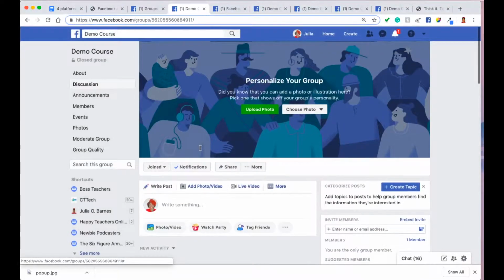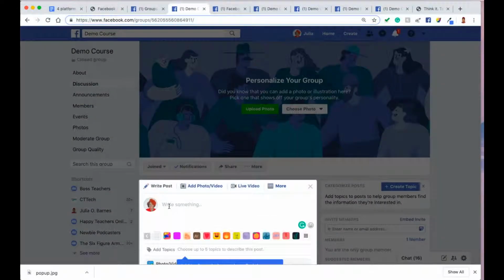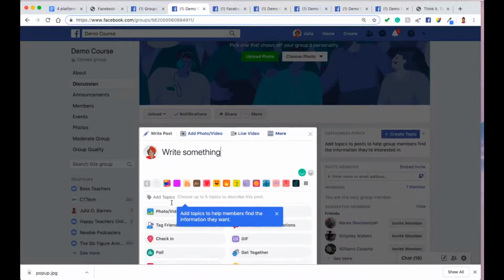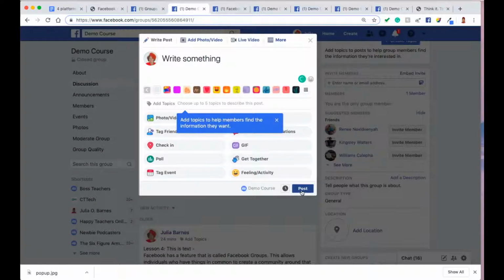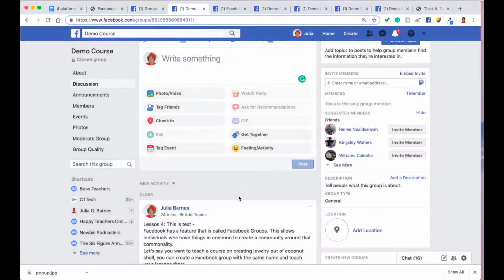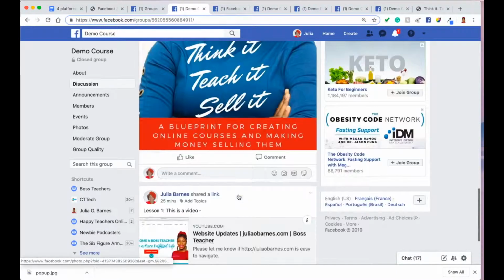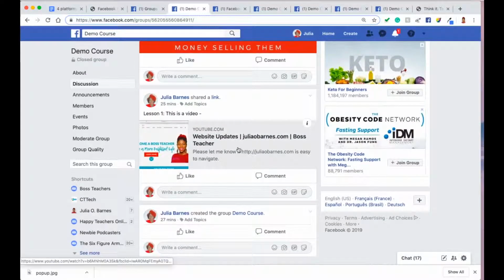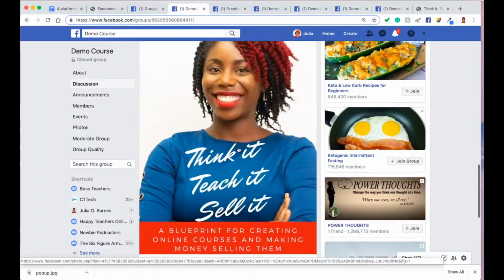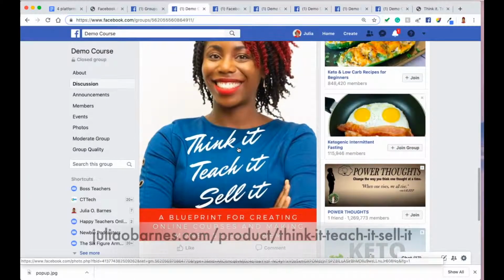So you're just going to start writing and just write something. And you hit post, and that's automatically added to your group. So you're going to go in, and first thing, you're just going to upload all of your content. Upload a link to a website. Upload a video. Upload an image, and this is the image of my book, Think It, Teach It, Sell It,